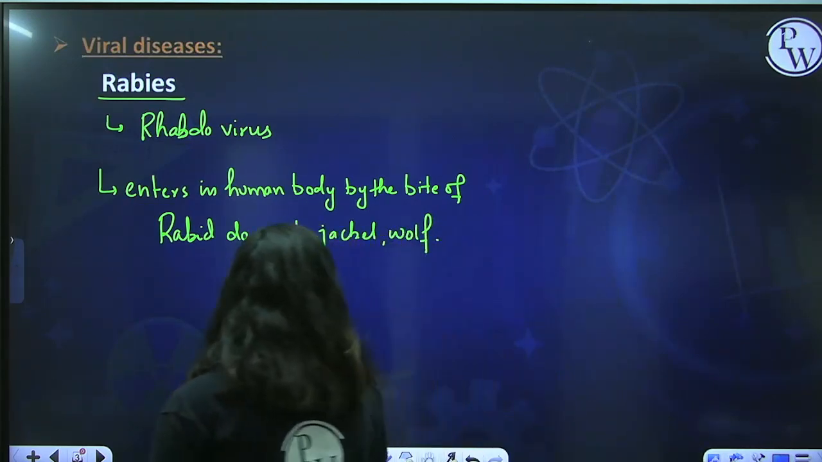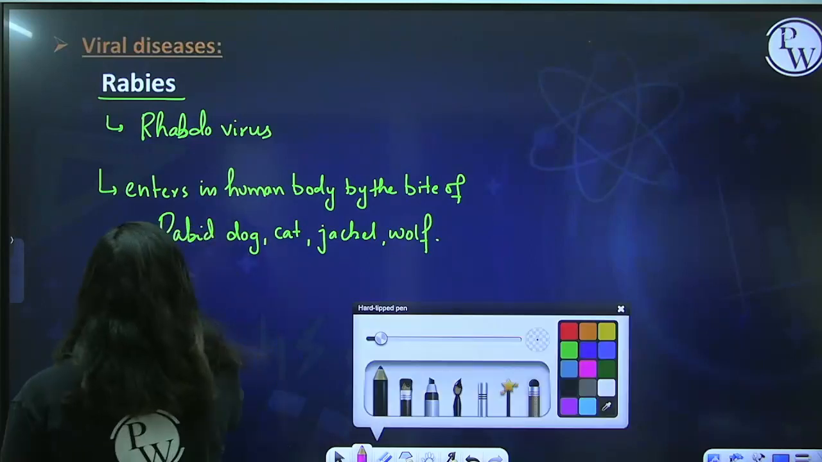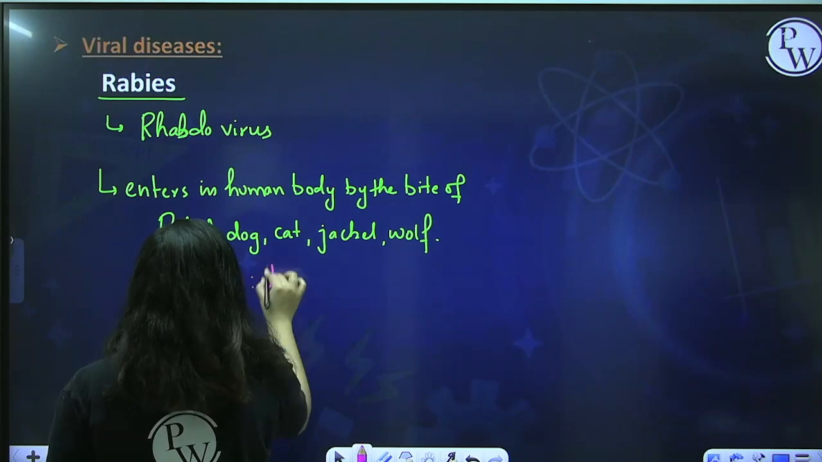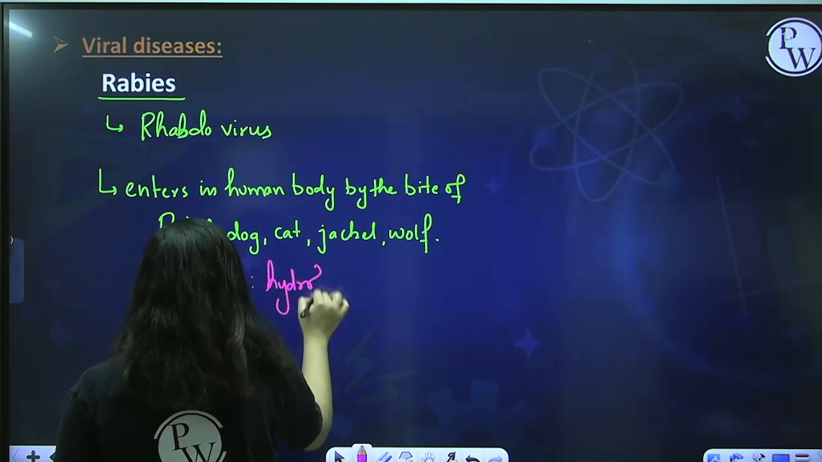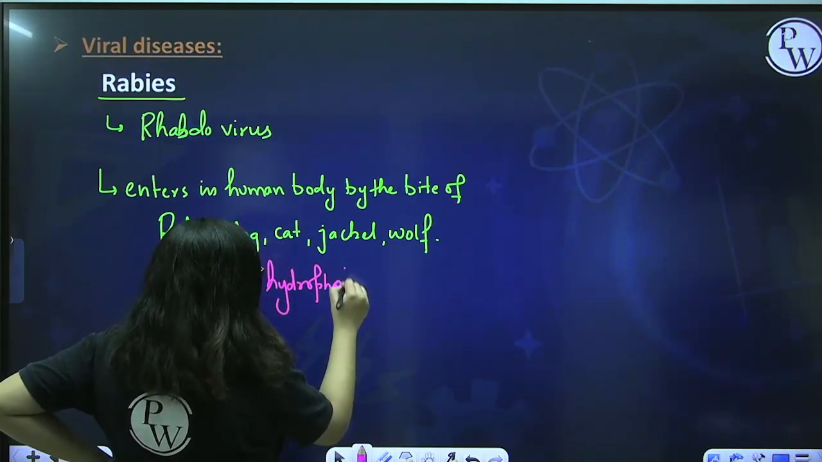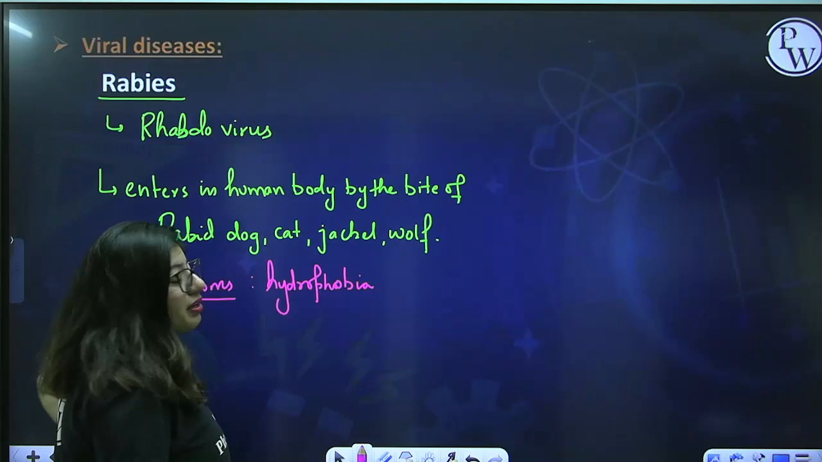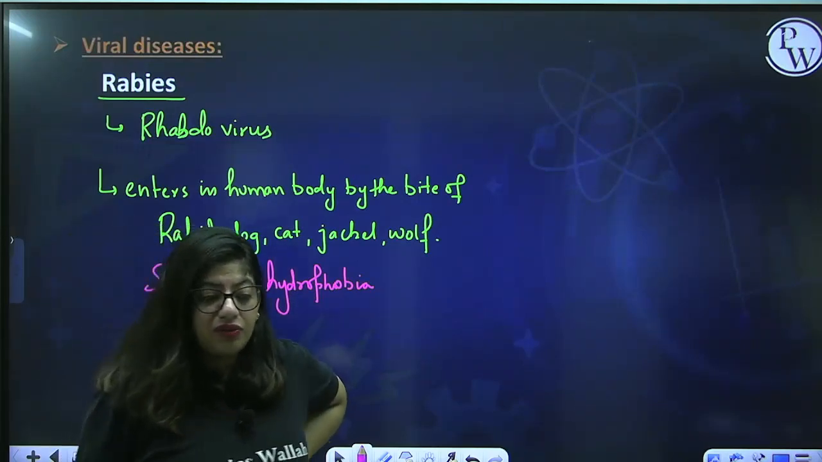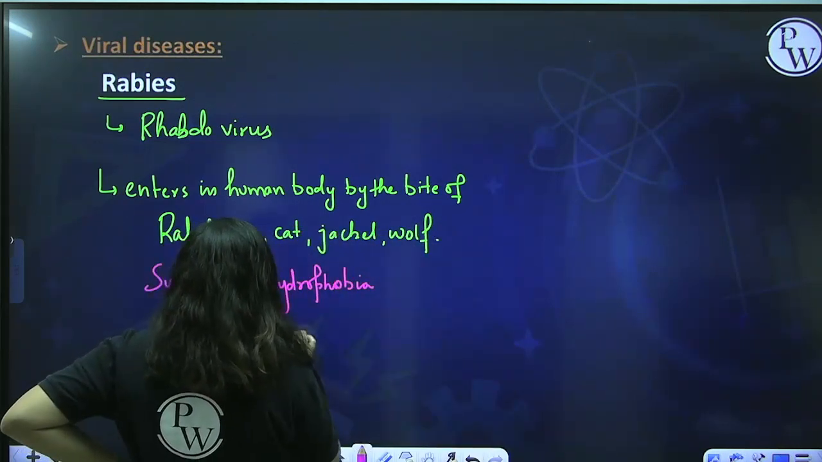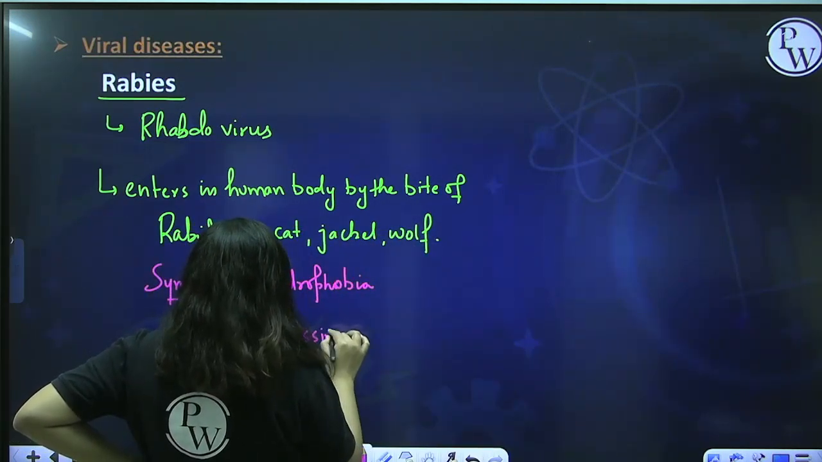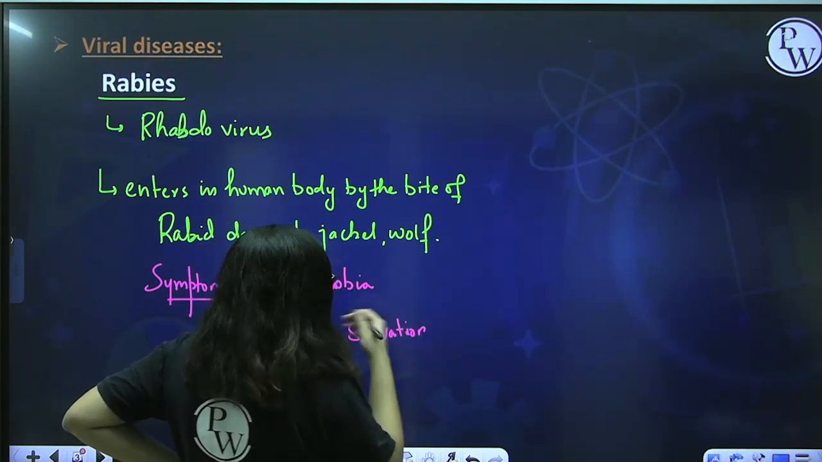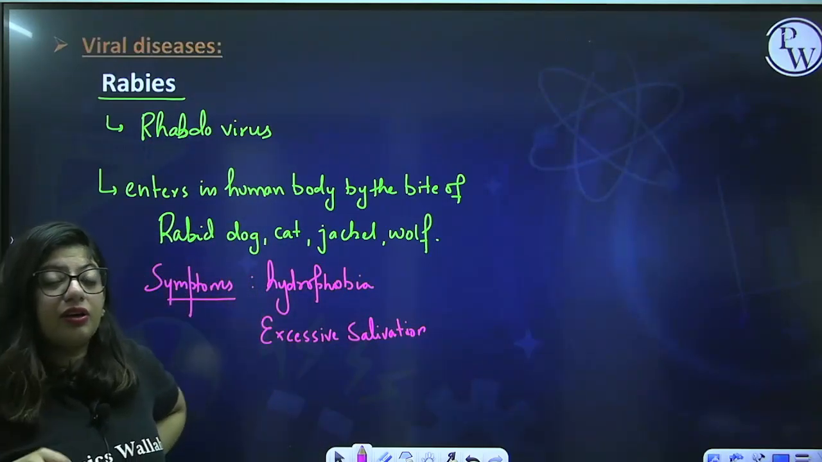Now what are the symptoms of this disease? First of all, the animal, or even the human being, will have hydrophobia. Hydrophobia means fear of water. They will start fearing water, they will not drink water, right? The second symptom is excessive salivation. If you see any dog having a lot of salivation, or saliva moving out from the mouth, there are chances that that dog is